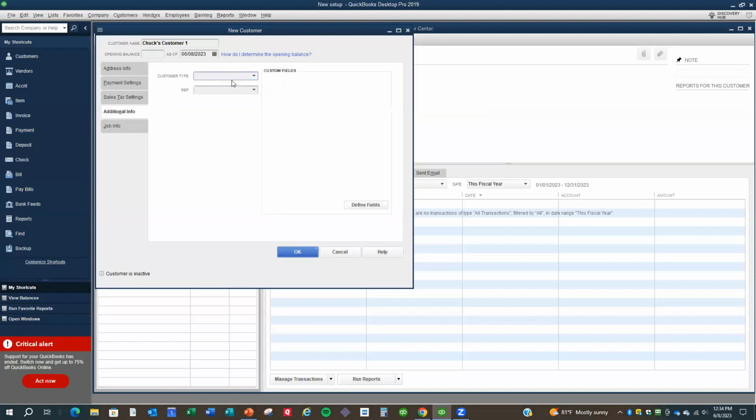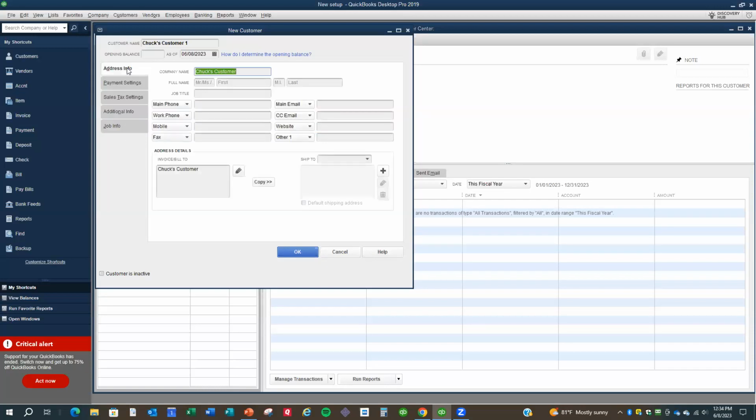Gives you some additional information. I don't really see people doing much of this, but you can segregate your customers by different types if that's of any benefit to you. There's some job info that you can put in there. Again, I don't really see many people using this stuff. It's basically the